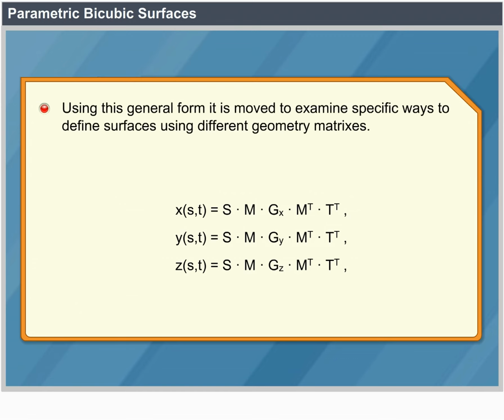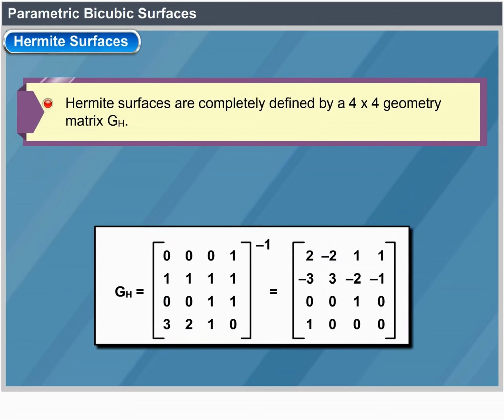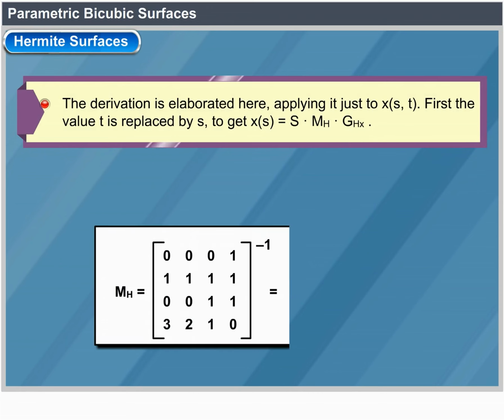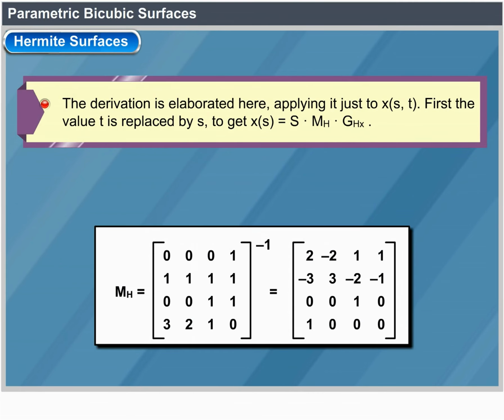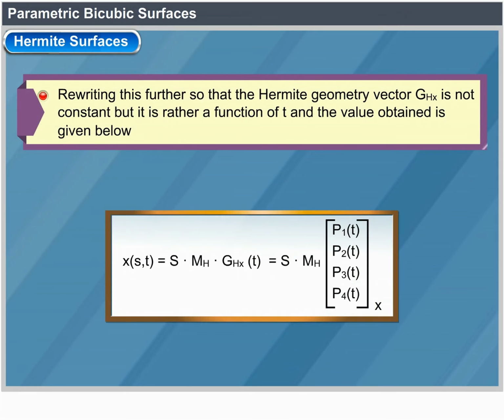Given this general form, we now move on to examine specific ways to specify surfaces using different geometry matrices. Hermite surfaces. Hermite surfaces are completely defined by a 4x4 geometry matrix GH. We further elaborate the derivation here, applying it just to x(s, t). First we replace t by s to get x(s) = S · MH · GHx. Rewriting this further so that the Hermite geometry vector GHx is not constant but is rather a function of t, we obtain